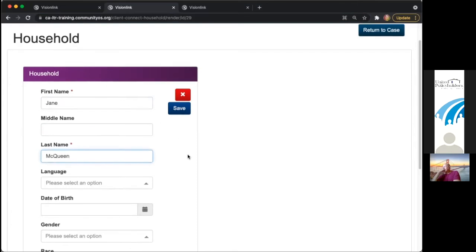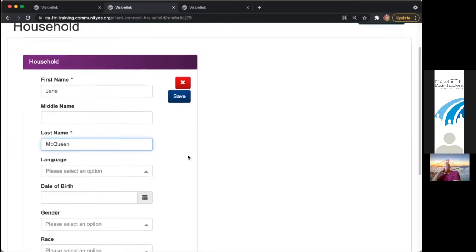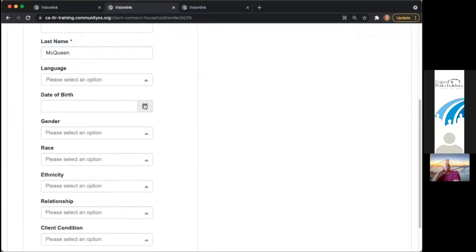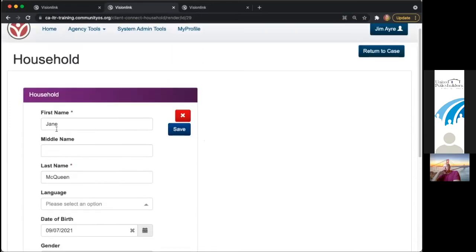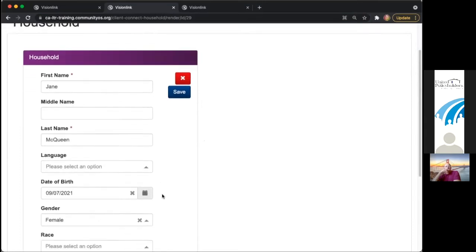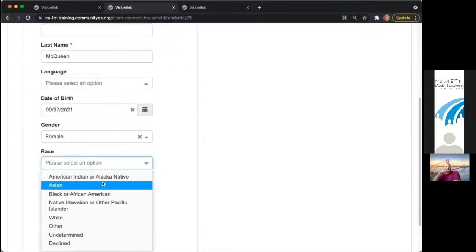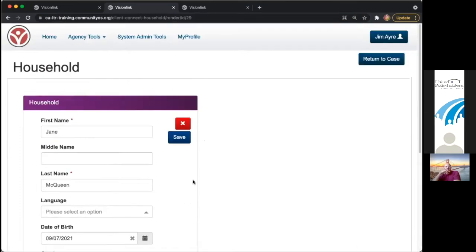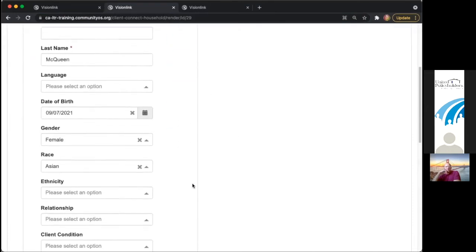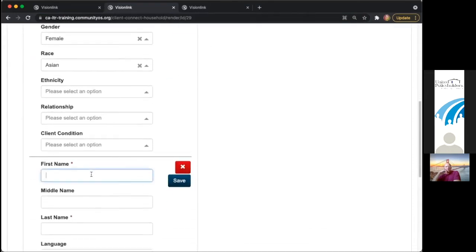We do have a tool that requires you to put in every household member. So there is some double entry. We can remove some of that information from the intake screen, but it does allow for making sure you're able to report across the household structure. I'm going to hit save, and then